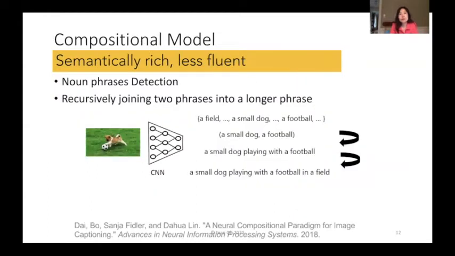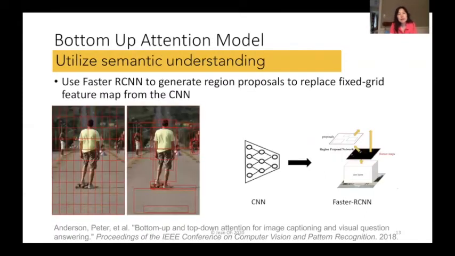On the other hand, compositional models use a recursive joining of the smaller phrases into longer phrases. So semantically, these sentences generated by the compositional models are richer, but the fluency is a little bit lacking. And then there are a few more existing approaches that are trying to utilize the semantic information, such as this